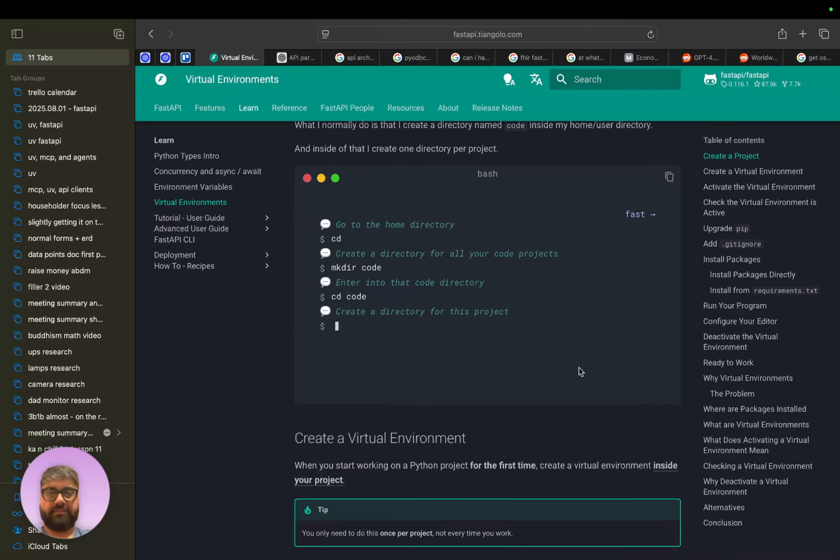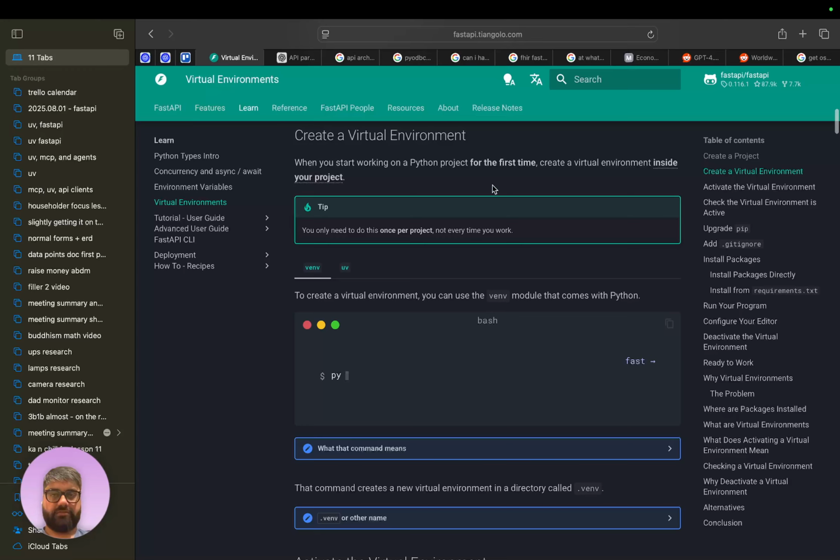Inside of a directory, you can create a project, you can create a virtual environment. Python -m venv just creates a virtual environment for Python. Now, asterisk, I would still prefer using UV because UV can manage the Python installation as well.